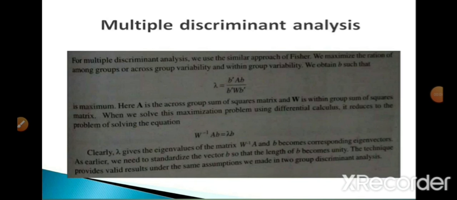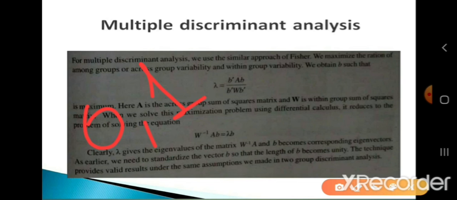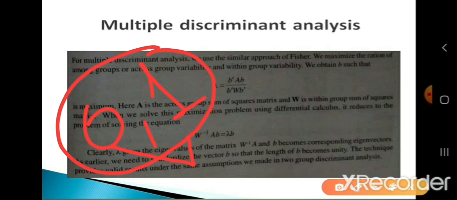So I will briefly conclude all the points of discriminant analysis. Discriminant analysis is basically a technique in which the dependent variable is categorical in nature. We have studied one more technique where the dependent variable was categorical, like 0 and 1. That was the logistic regression technique. But in logistic regression we have only two categories, either yes, that is one, or no. There will be only two categories.